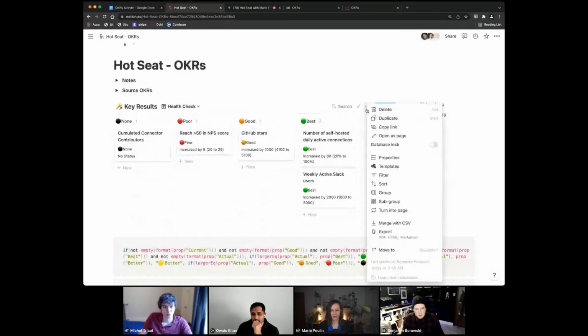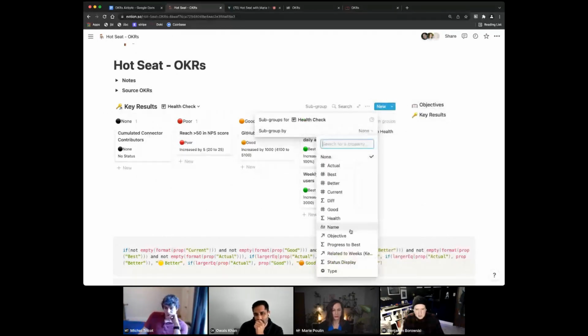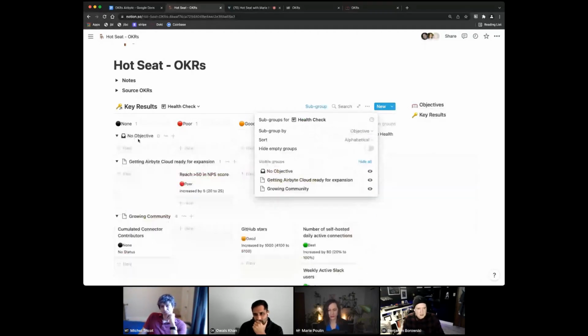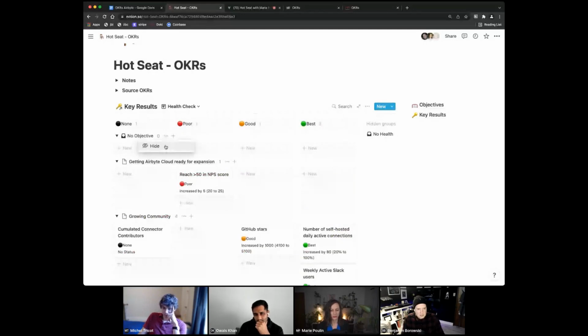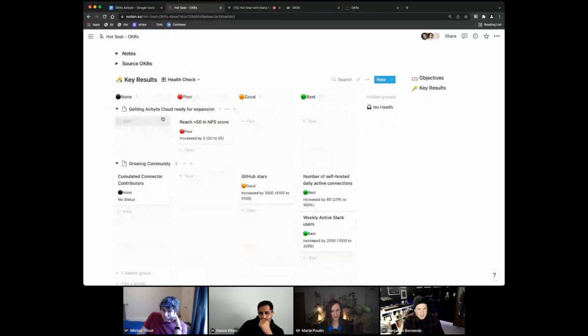And then the really cool thing about this is we can see the cumulative connectors. Reach NPS is actually part of a different objective. So I'm going to further group this into a subgroup, and we're going to subgroup by objective. And of course, we don't want anything that has no objective, so we'll hide that. So now we can see we've got a column that shows us, like, based on our getting Airbyte cloud ready